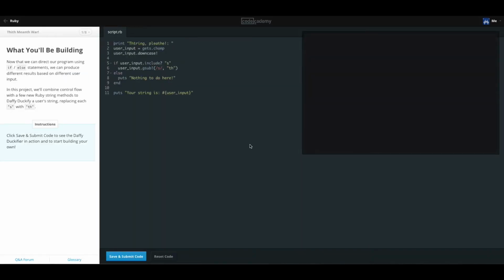Okay, so what do we have here? What you'll be building: now that we can direct our program using if-else statements, we can produce different results based on different user input. In this project, we'll combine control flow with a few new Ruby string methods to Daffy Duckify a user string, replacing each S with TH. Okay, so